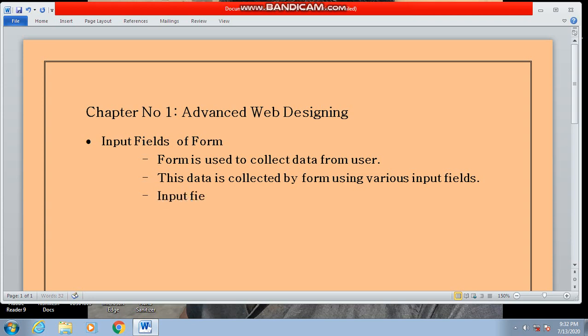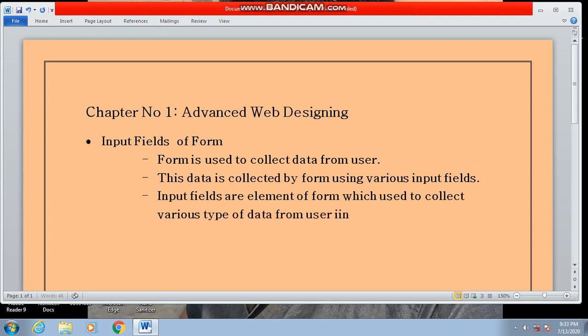Input fields are elements of a form which are used to collect various types of data from the user. Input fields are important elements of a form.